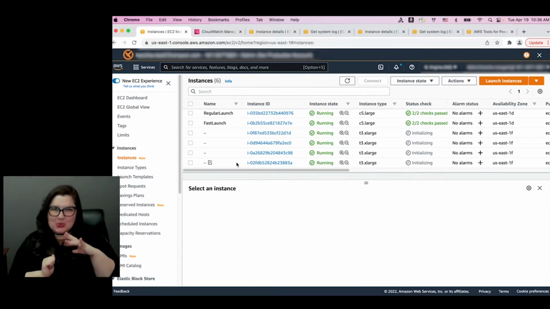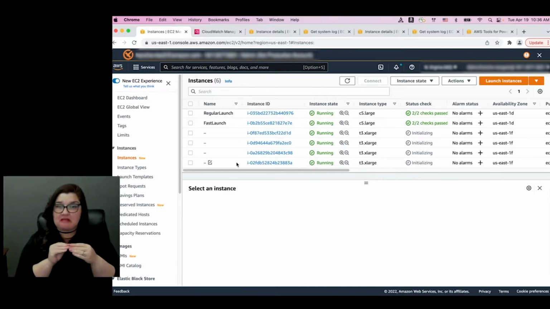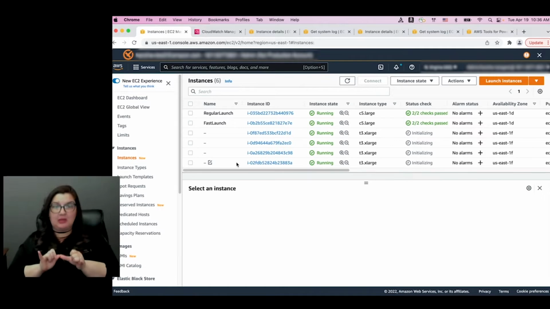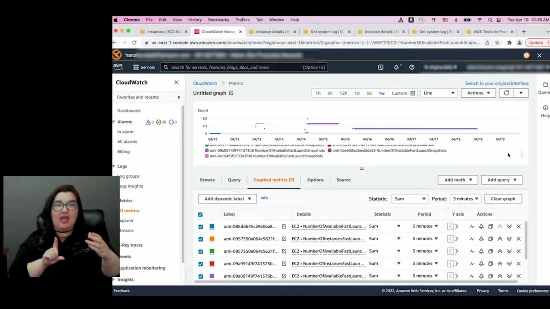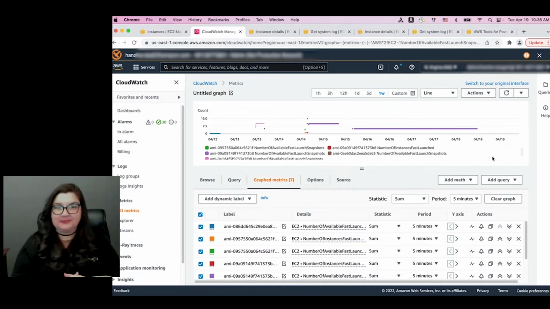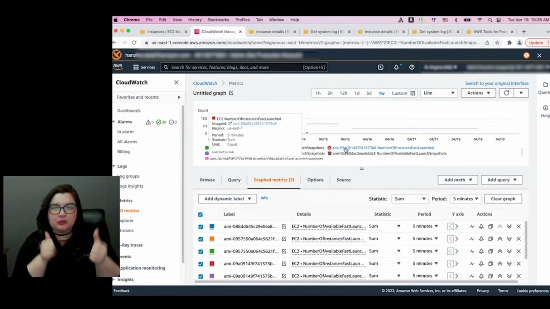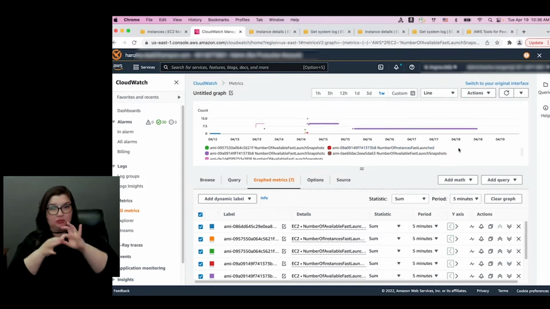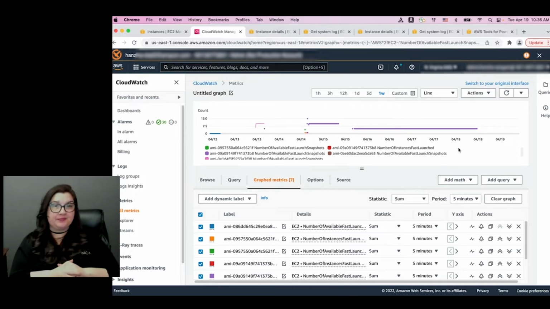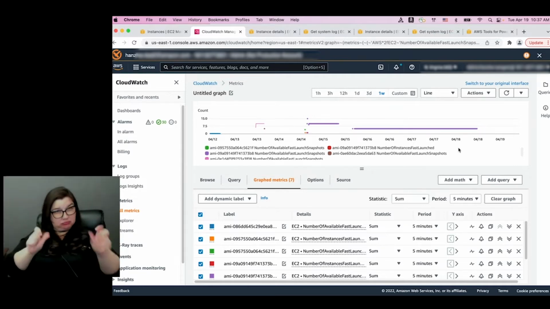Along with the actual instances, there's a number of things you can see from a metric standpoint, and so Hanzo can also show us some of those, and we can see the different things that are captured along the way. Let's see where we jump to first. From the logs you can actually see what's captured. We have some metrics about the service. Here you'll see a bunch of faster launches that were done.